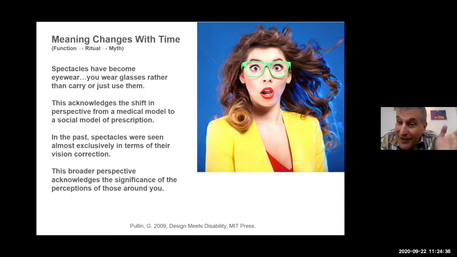Today, we're all familiar that on the streets of London, there's lots of people walking around with eyewear which has no lens in it. They have 20/20 vision, perfect. They have no need whatsoever for eyewear, but they're wearing it as a fashion statement. They're wearing it as a statement of who they are, what they aspire to. So this is an example in the other direction of something that started to some extent as a functional and then moved on to a commoditized stage and a ritual stage. And now today is very much, for many people, not everyone, it's still a necessity for many, but for many people, it's an object of myth or of semiotic content.